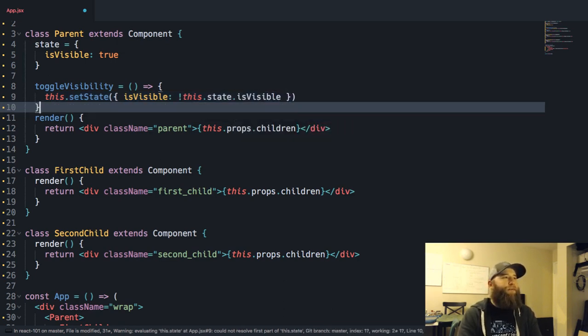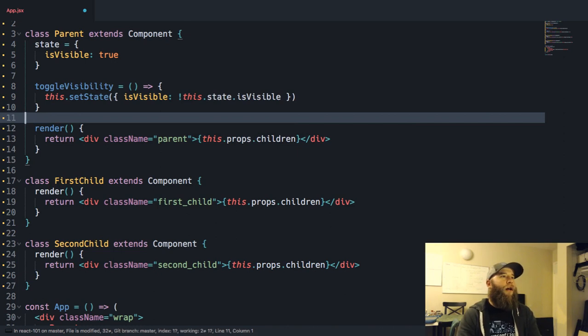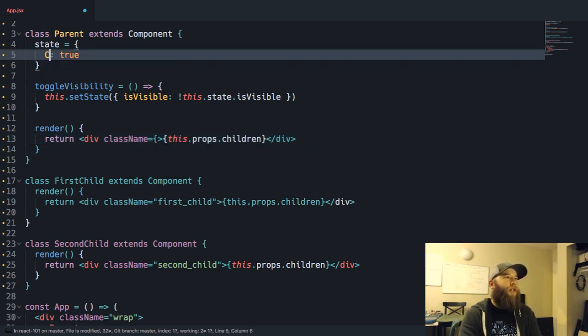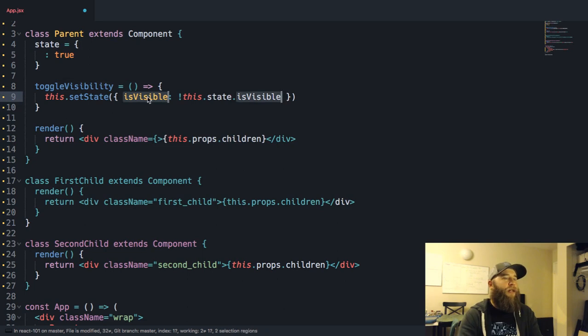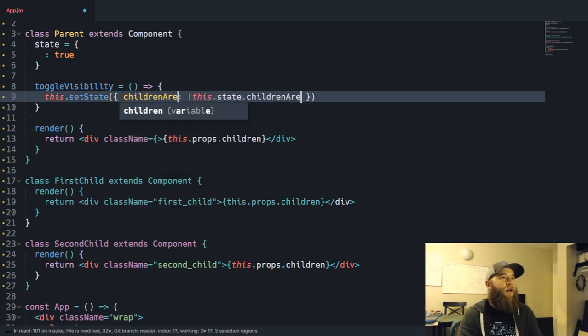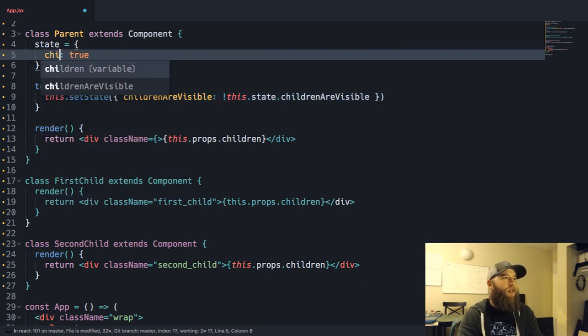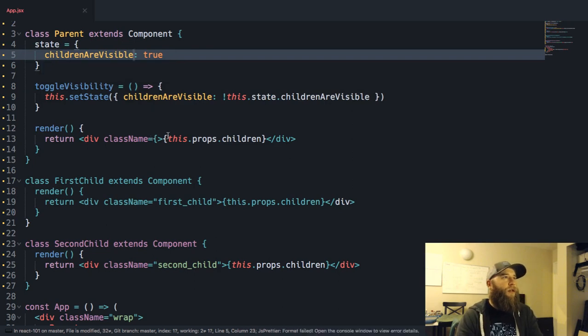You tracking with me? And then we will actually handle it here as well. So I'm going to do it with classes. Oh, how about this? Children. I'm going to change this. Children are visible. Okay.